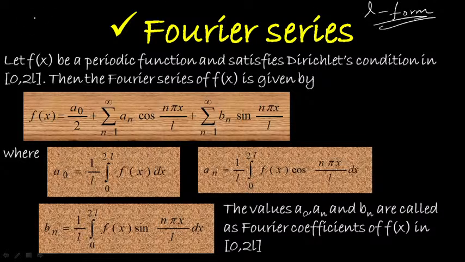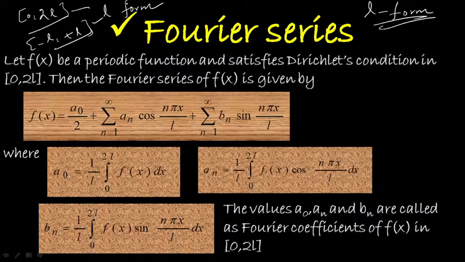Now suppose any function is defined in an interval, that is 0, 2L. Okay, or it may be defined in an interval minus L, plus L. So these two are under the case of L form. So most of the cases we have to discuss under L form in the interval of 0 to 2L or minus L to L. So here itself f of x be a periodic function and satisfies Dirichlet condition in the